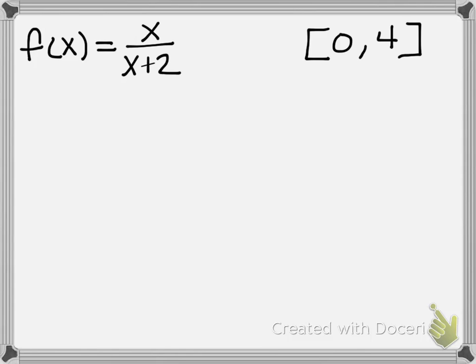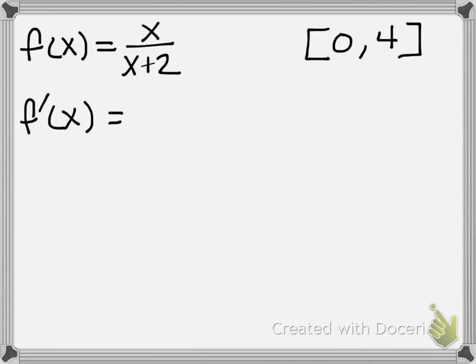We're given a function f of x is equal to x over x plus 2, and we want to find the max and min over the interval from 0 to 4. So to start off with, we need to take the derivative of our f of x,